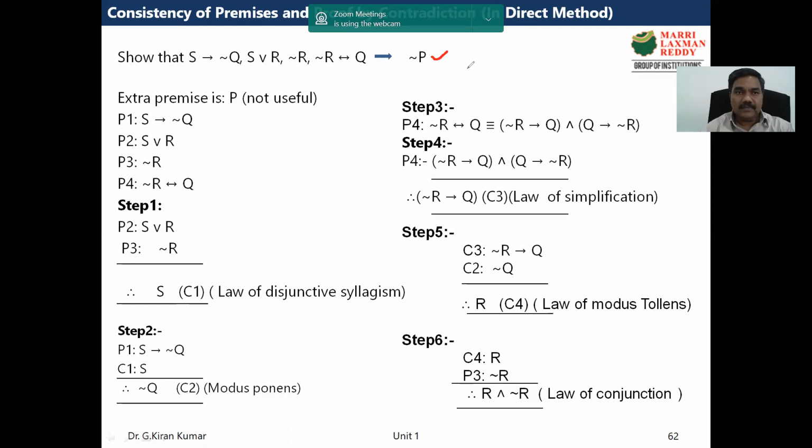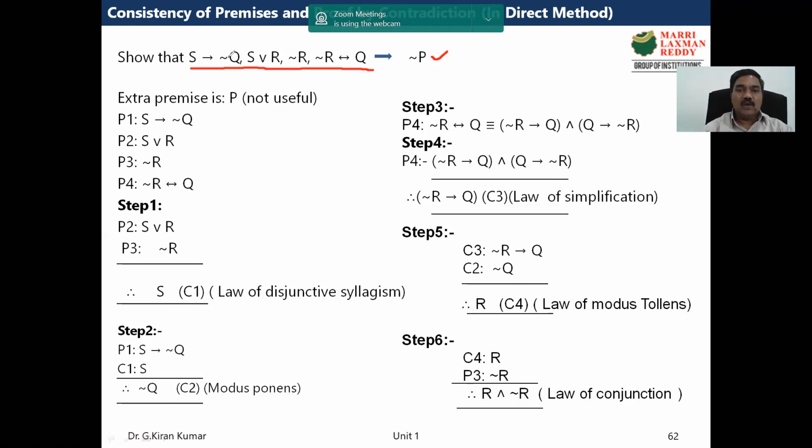If we see the reason, see the premises. In the premises, if you observe carefully, there is no proposition P. Am I right? Whereas in the conclusion, we have a proposition P. So if you go for a direct method using this S, Q, R, how do you derive P? Use any inference tool, but out of the propositions S, Q, R, we cannot derive P, right? So this is a classical example where we must go for an indirect method. There is no alternative at all.